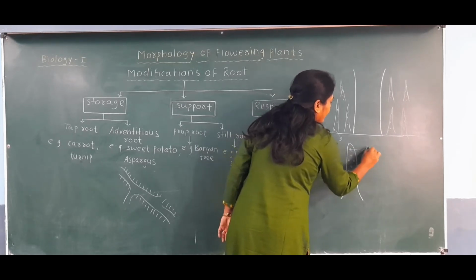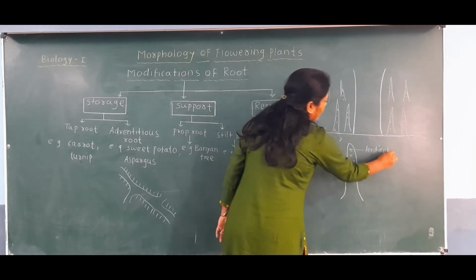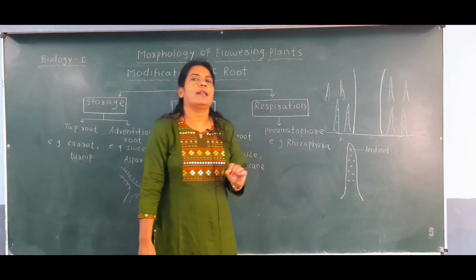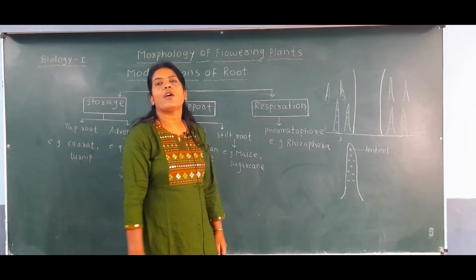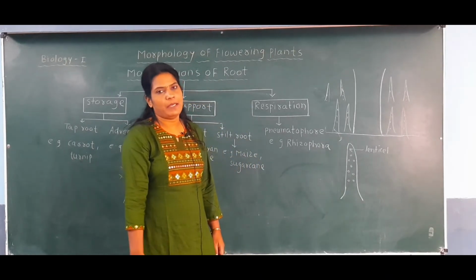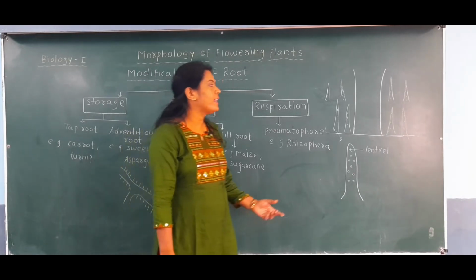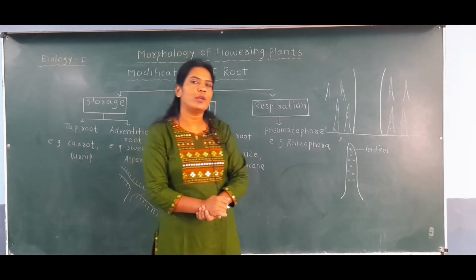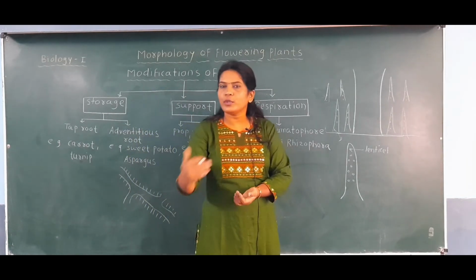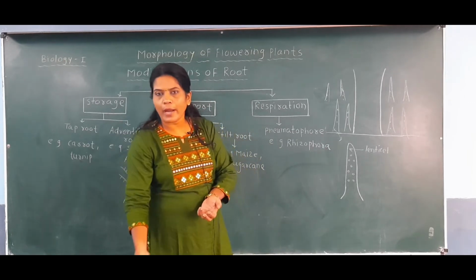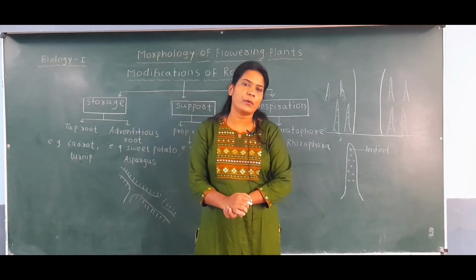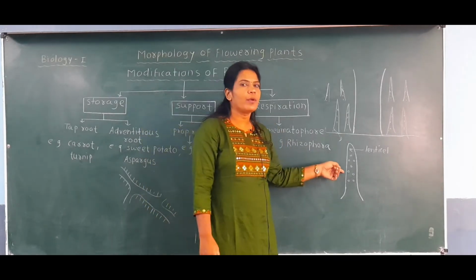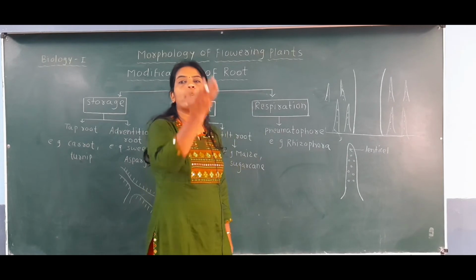Those are called the lenticels. Okay, and from these microscopic holes or lenticels the roots get oxygen for their respiration. And here you can observe that in our previous lecture we have seen the common characteristics of roots, that is, roots are positively geotropic, roots are positively hydrotropic, and they are negatively phototropic. But all these characteristics are not observed in this root because these roots are upwardly directed.